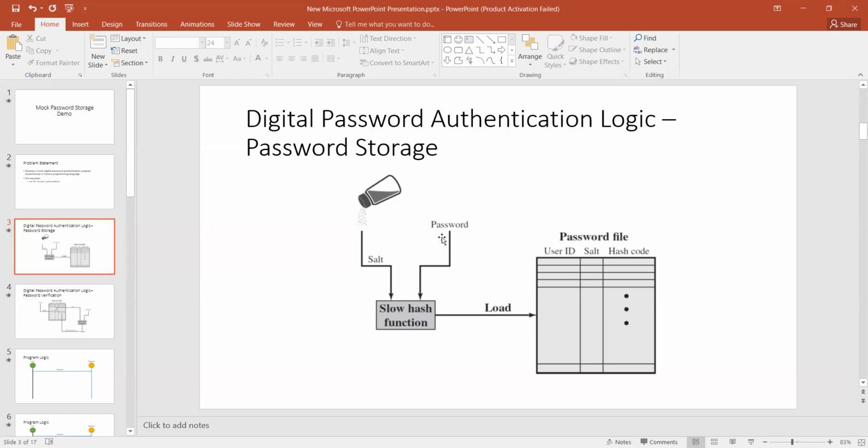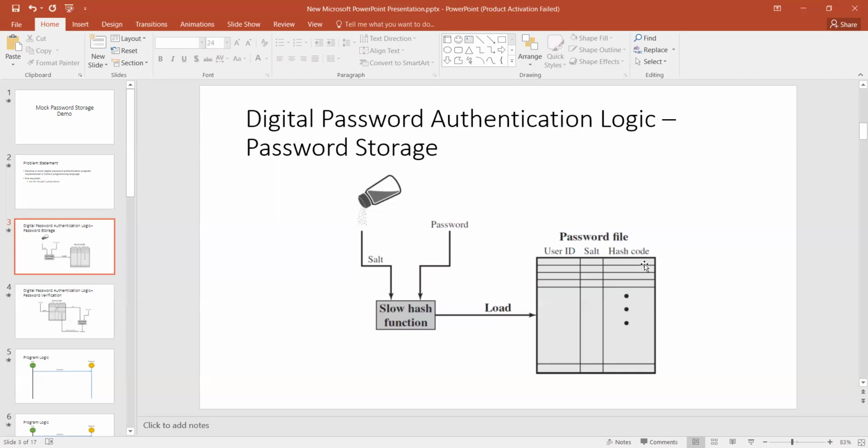Both of these are given as an input to the hash function. Then, in a separate storage, which could be in the form of a file or an entry within your database that is responsible for keeping information regarding your user authentication details and so on,